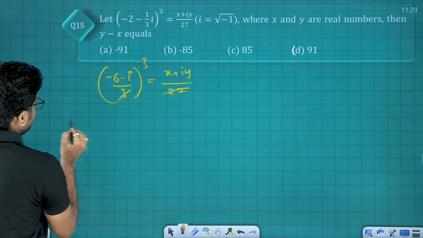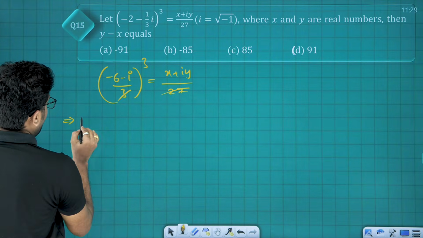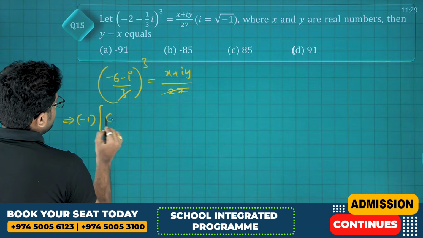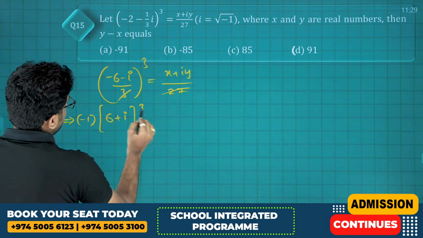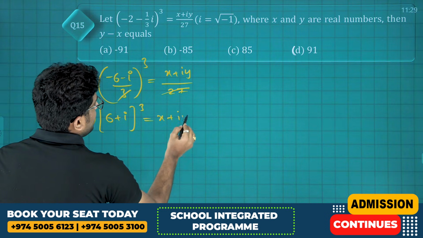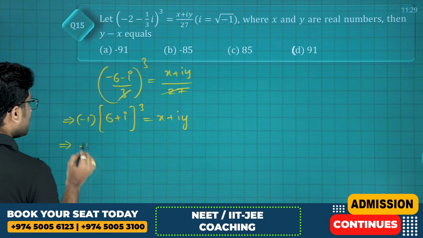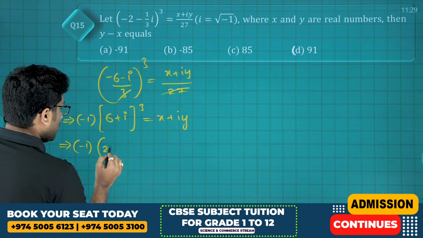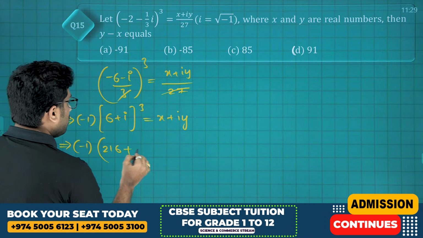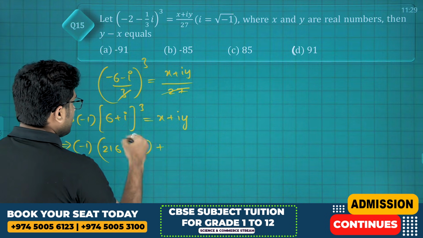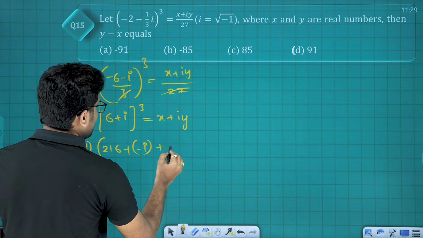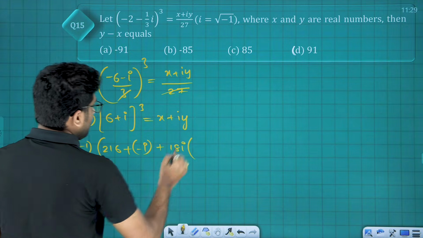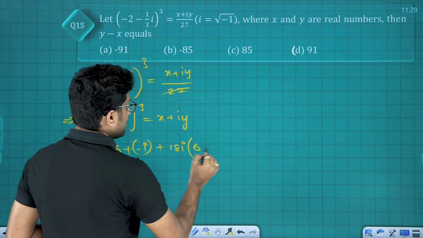We'll cube this, first minus common, so -1 into (6 + i) whole cube is equal to x + iy. (6 + i) whole cube is nothing but 6 cube 216 plus i cube minus i plus 3ab, 3 into 6 i, 18i, into (a + b), (6 + i)